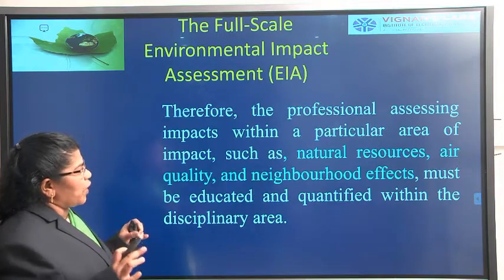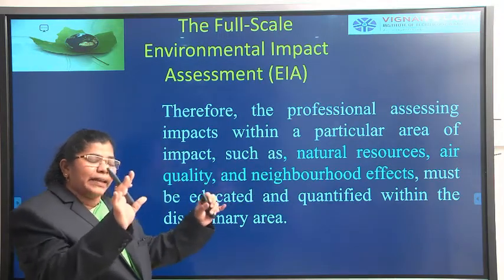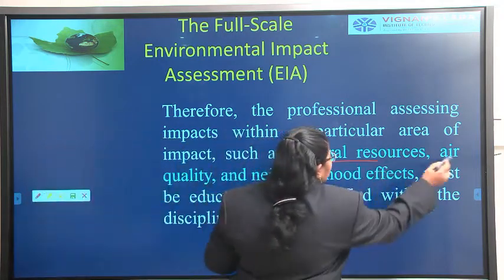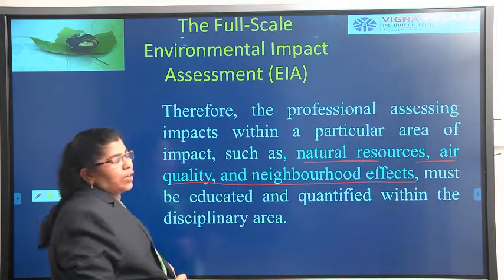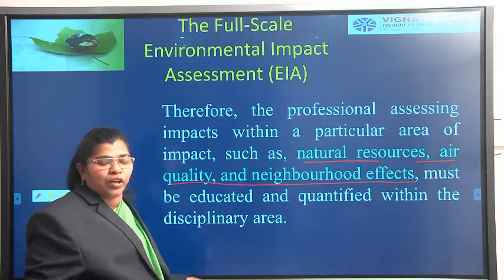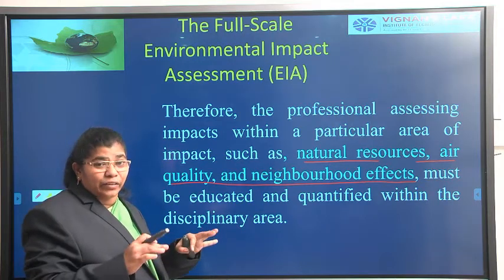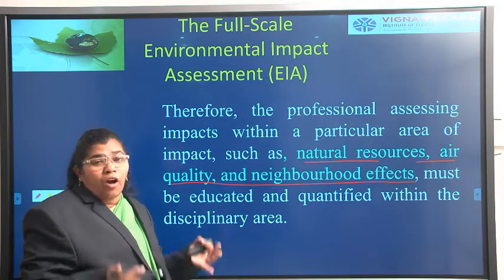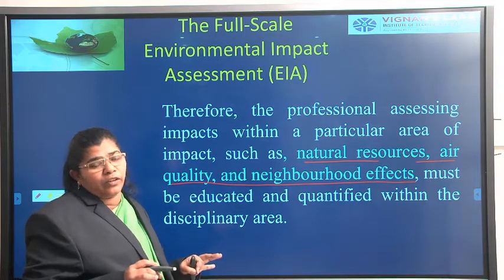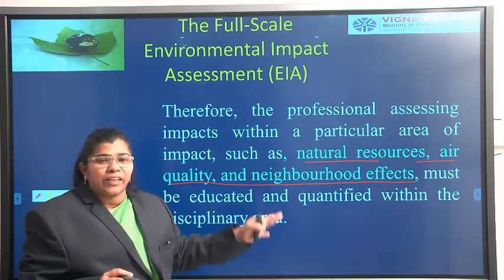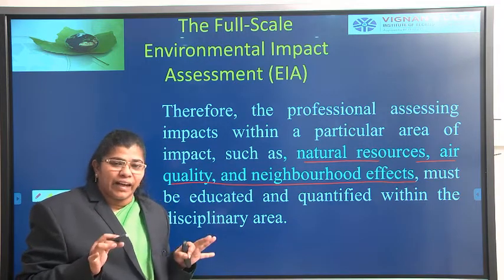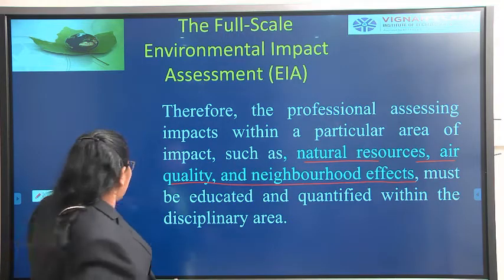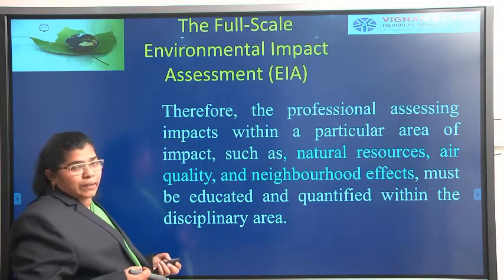What is the main thing in EIA? I am repeatedly telling you that it is the natural resources, right? So natural resources, air quality, neighborhood effects, rivers, storms, forest, all these things. As I told you in the last class, if it is near the Taj Mahal, a heritage site, where it will get affected, all these things will be taken into account, right? So they will have a potential assessing system by which they will assess the entire problem, the positive impact as well as the negative impact of the project on the environment, right?